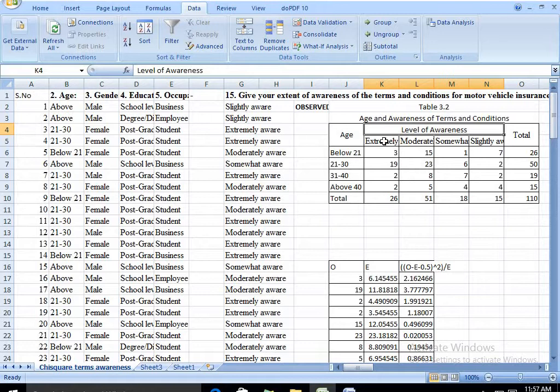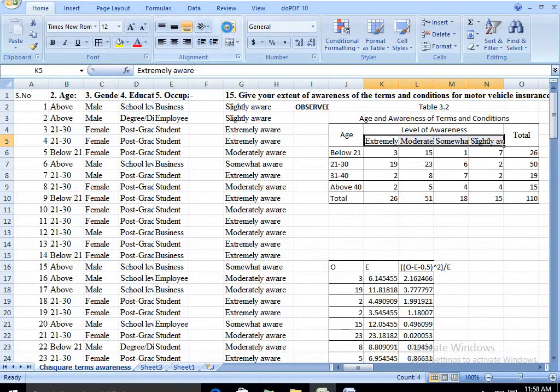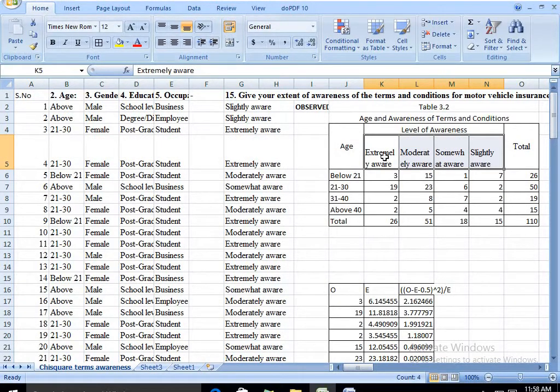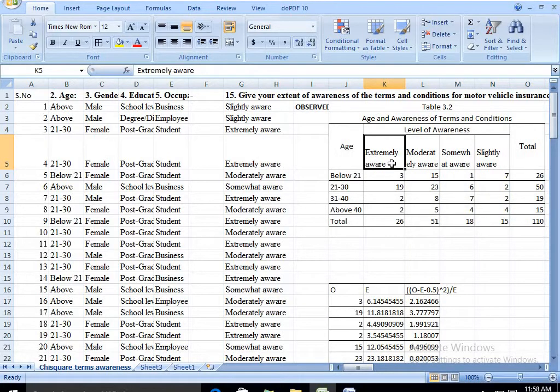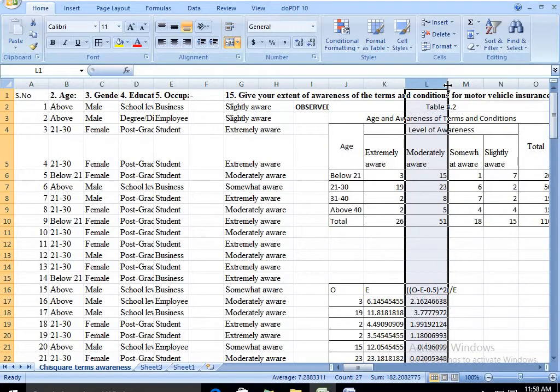To give these things better clarity, you can use the Home tab and wrap text, so that there will be clarity in the display. When there is a display in split form, you can just adjust it and ensure that the column headings are very clear. That is very essential. This can also be done when you do your Word document preparation. Here it can even be in a merged form.